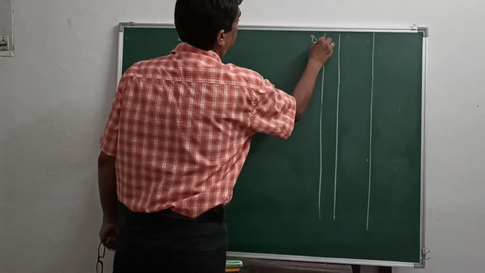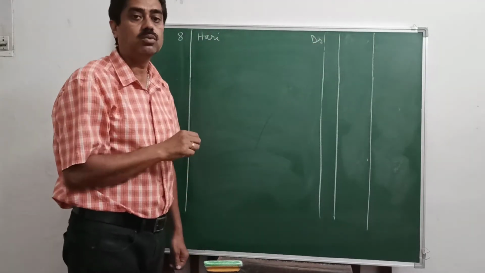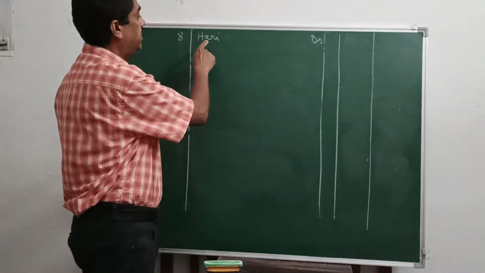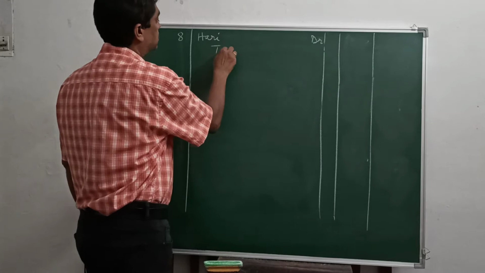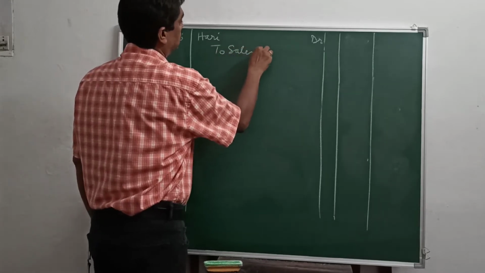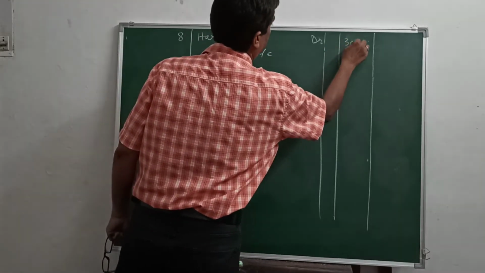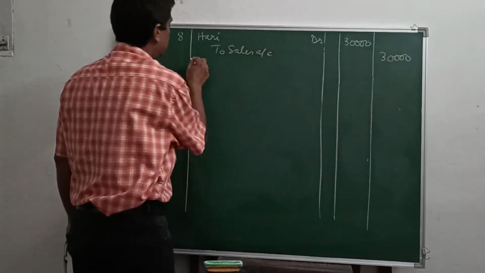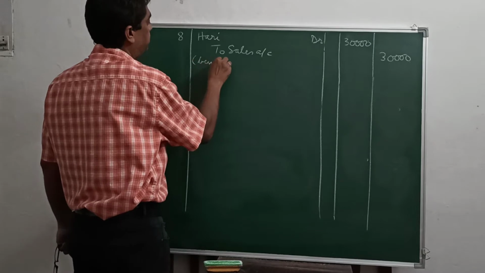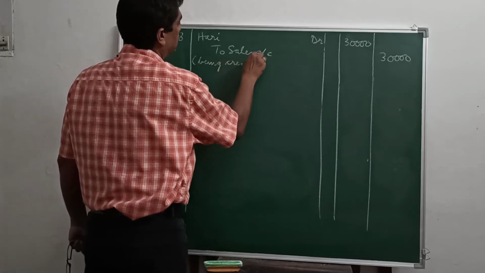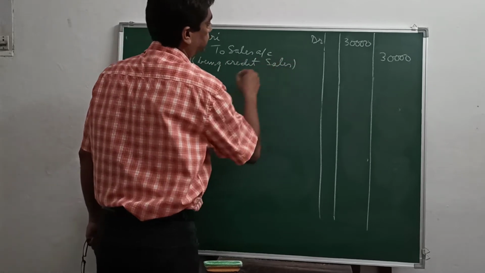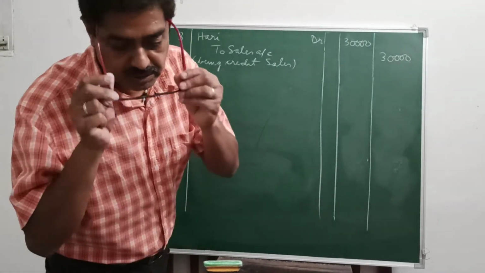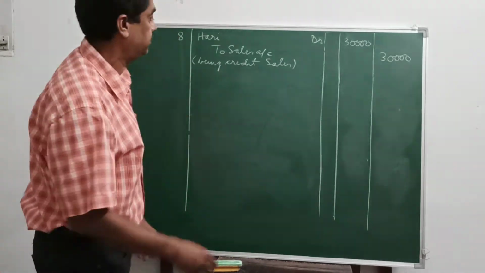Again you will not write account, neither say account. In front of personal account we don't write account, so you don't say it also. So the entry will be Hari debit to sales account. Amount being 30,000. Since it is a credit transaction, narration will also be written in the same manner, being credit sales. Then we have on 10th, it says paid cash to Kamlesh 15,000.